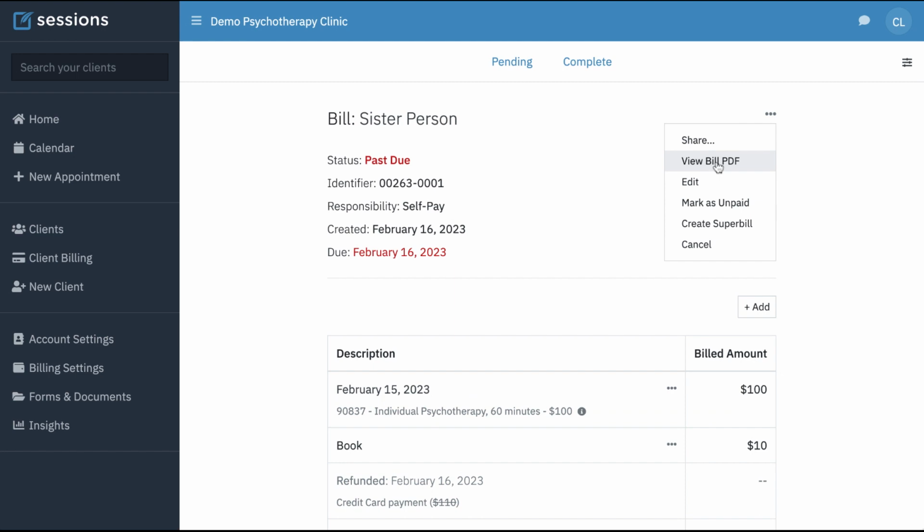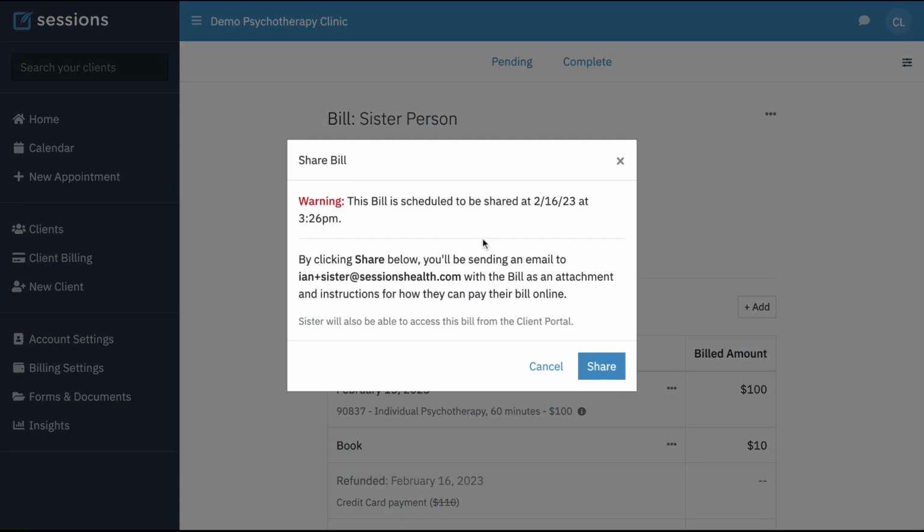We can look at the PDF of this bill. We can continue to edit the bill. Sharing the bill, if we click that, it's going to email the client with the bill as an attachment. They can pay that online without using the client portal. There's a code that's going to be on the invoice so that they can just pay that bill without logging